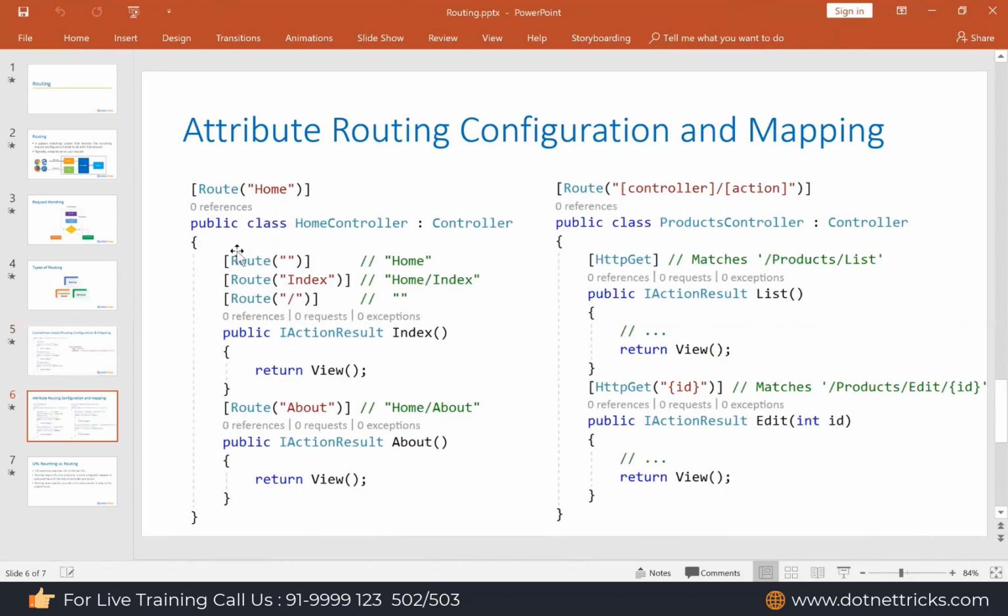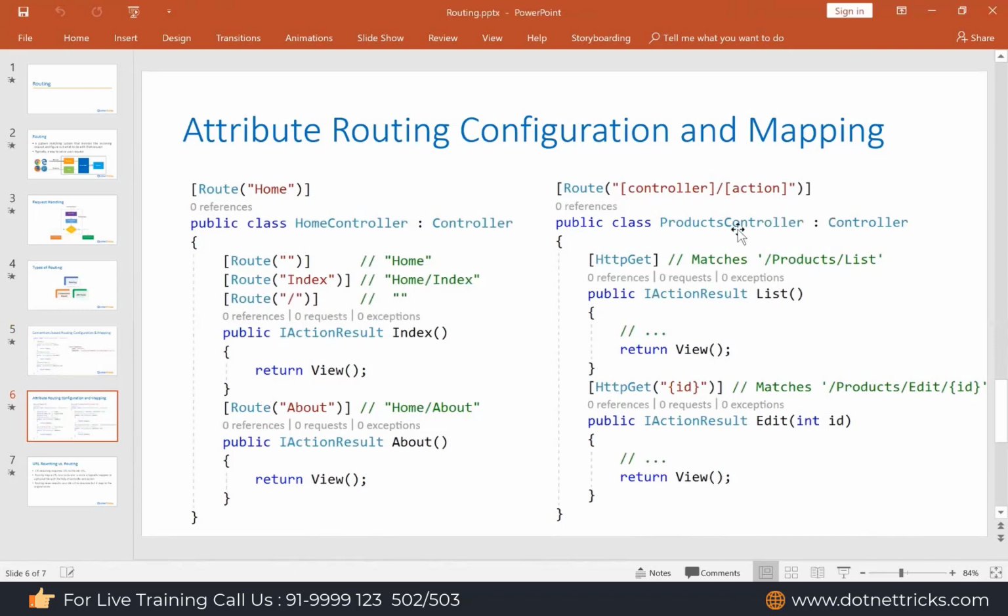I cannot define a route as an empty string in MVC5, but here I can. I can define multiple routes for a single action. Such things are possible in ASP.NET Core but not supported in MVC5. So ASP.NET Core has some advanced configuration which is not available in MVC5.